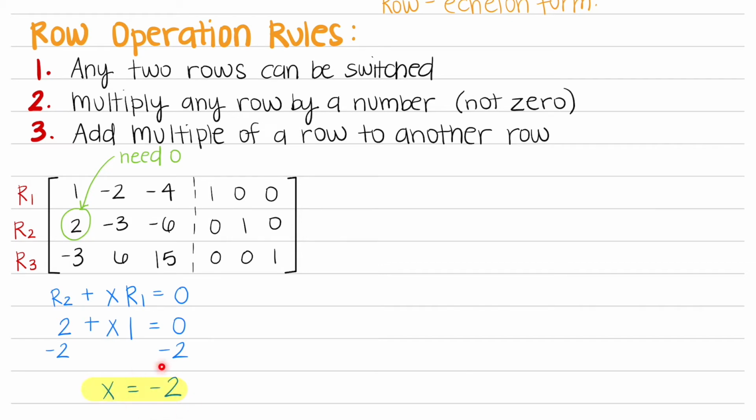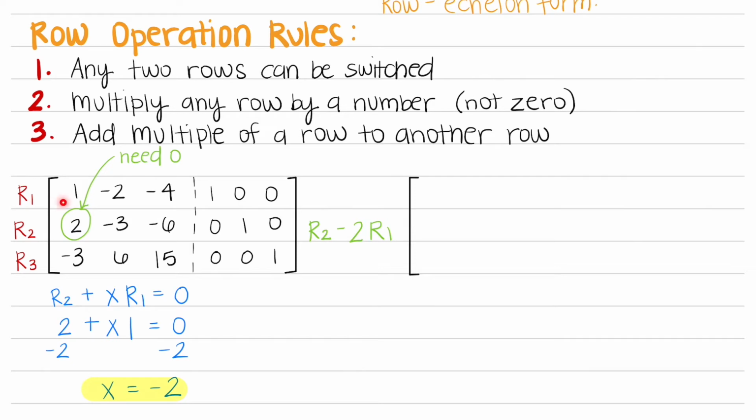So now we can plug that -2 in place of x in that original equation we wrote. And let's go ahead and write it next to this row 2 over here. So we will write row 2 plus our x, which our x is -2 in this case, so we'll write -2 times R1. And this is now the formula we're going to use on row 2 to solve. So let me show you how we would write that.